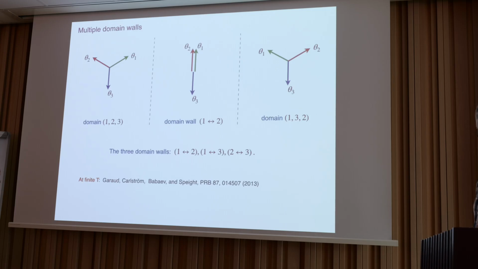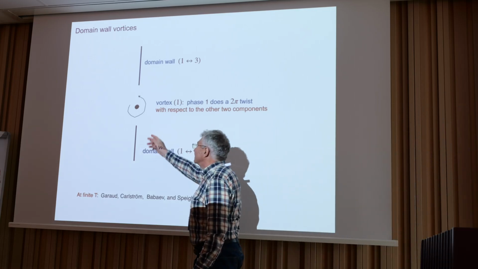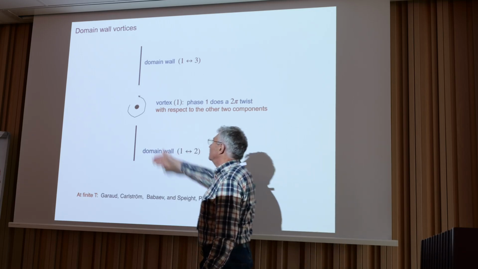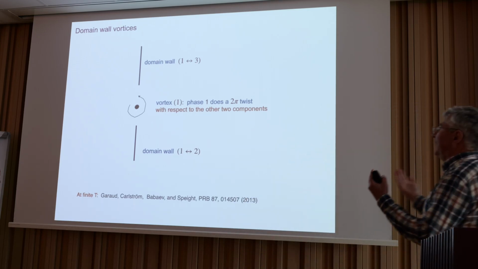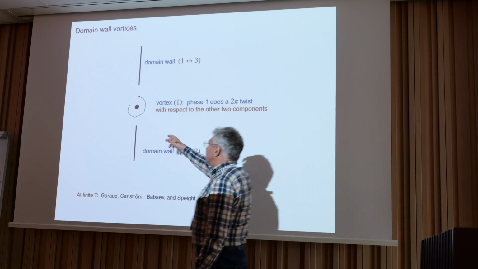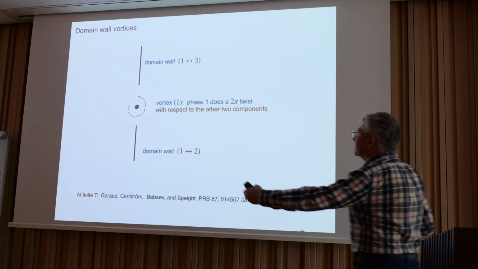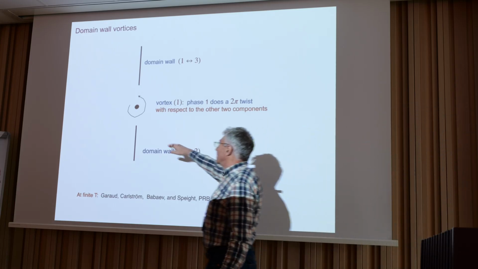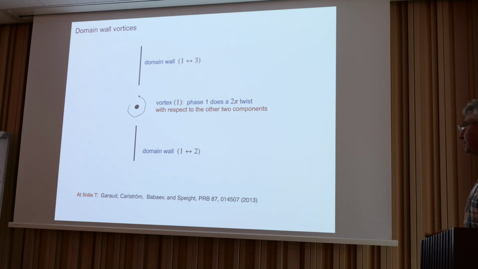And here, how we arrive at the notion of a vortex. We just connect two different domain walls, and then it's guaranteed that at the point when they meet, so if it's a two-dimensional system, these are just two lines. If it's a three-dimensional system, these are two planes and just a line between them. So this object is topologically protected by the fact of the domain walls being protected by the domains. So that's essentially the vortices which were discussed yesterday. That's how they look like in the language of neutral bosons.